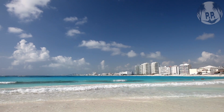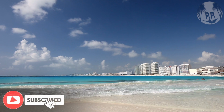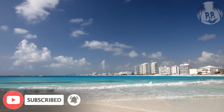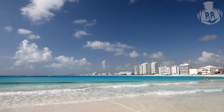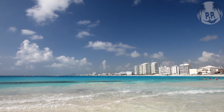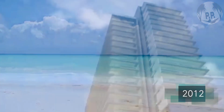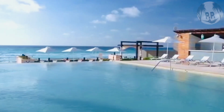Number 6, Secrets the Vine, Cancun. Located right in the heart of the hotel zone in Cancun, this resort is perfectly located, just a convenient 10 to 20 minute drive from pretty much everything you could want in the area, including being just a 15-minute drive from the airport. Built in 2012, everything about this location is very stylish and luxurious,